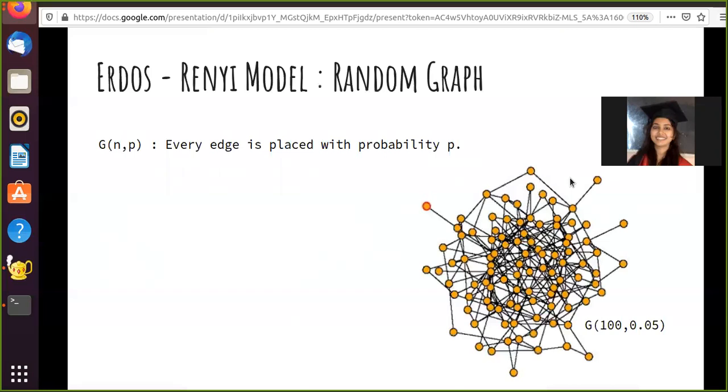If you slightly formalize this idea, instead of tossing a fair coin, you can toss a biased coin. So Erdős and Rényi were the first ones who gave this model for a random graph. What they said was they defined a graph as G(n, p), where n is the number of nodes, and p is the probability of existence of every edge. So now for every edge, we are tossing a biased coin, which shows head with the probability of p. And if the coin shows head, you connect those two nodes, otherwise not. And the network which you get in such a way is called a random graph.